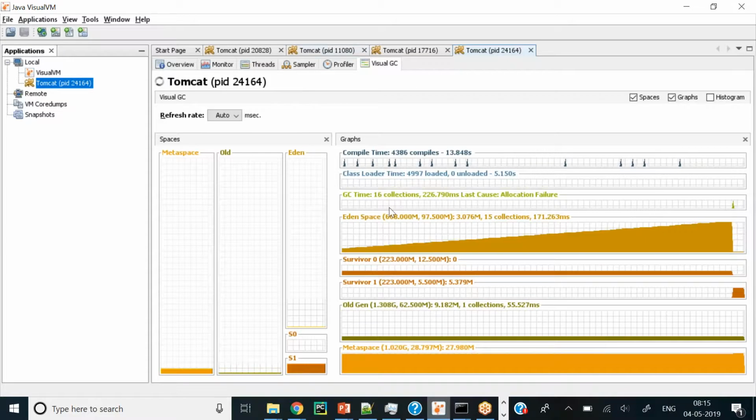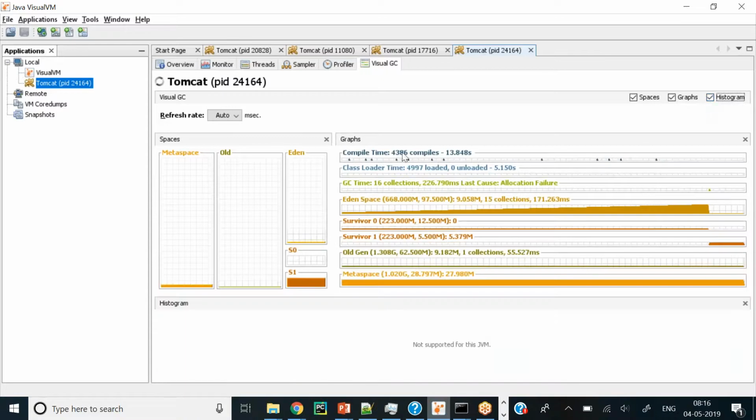In the Visual GC tab, we can clearly monitor everything about GC. So GC time is there, the space distribution is there, how many GC collection events occurred, that is also there, how much time it took, this information is also there, right? These are the different types of information you have in VisualVM.